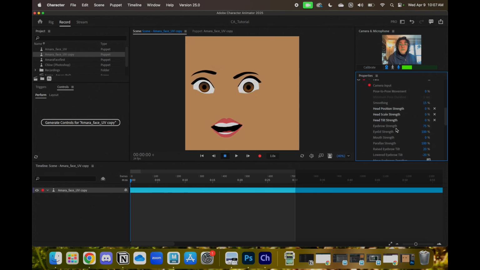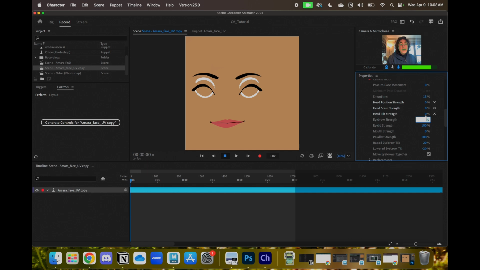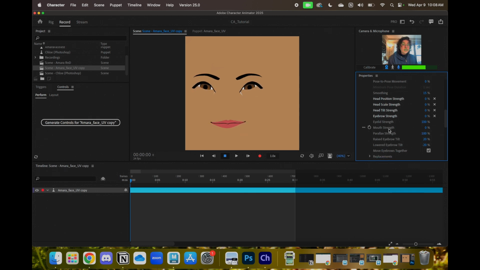So now that's pretty good. So eyebrow strength, you can have this on. You can tell on mine it's kind of funky still, like it's not really moving the eyebrows correctly. I'm going to turn it down to 0. And then we are going to edit the eyebrows later. We're going to add some different behaviors to make the eyebrows keyframeable so that you have more control. If you want, you can play around with it. If it's working for you, then the eyebrow strength, and the eyebrow features in this, certainly something